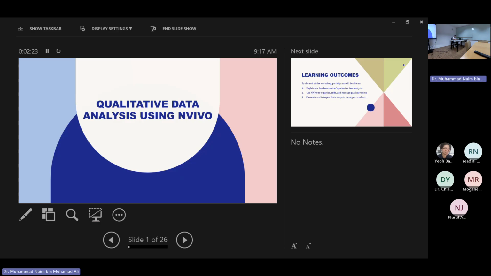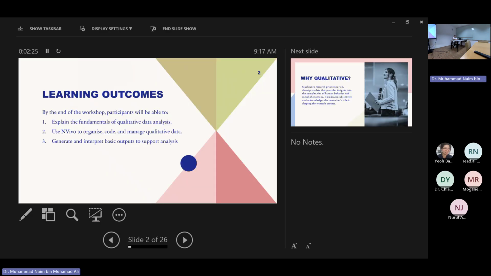Okay, but before that, let's begin with what is qualitative. By the end of this workshop, you will be able to explain and understand the fundamentals of qualitative data analysis. There are several types of analysis that we should get right. First, content analysis.